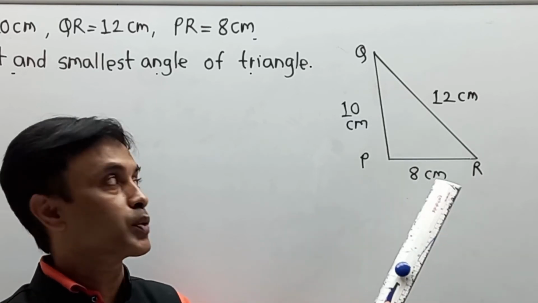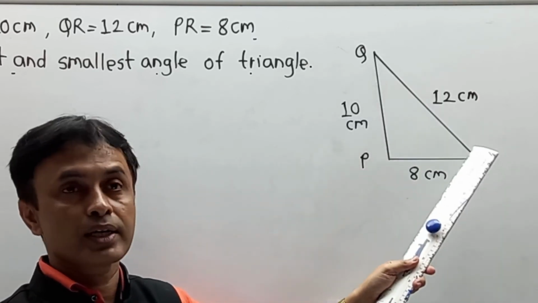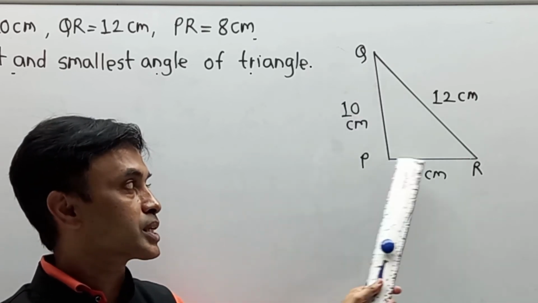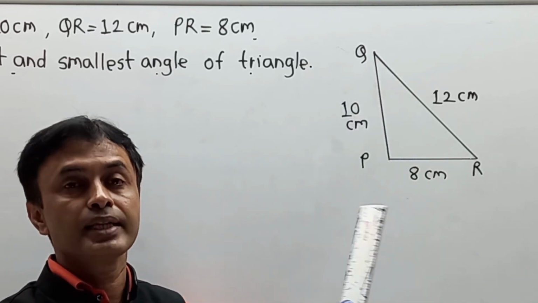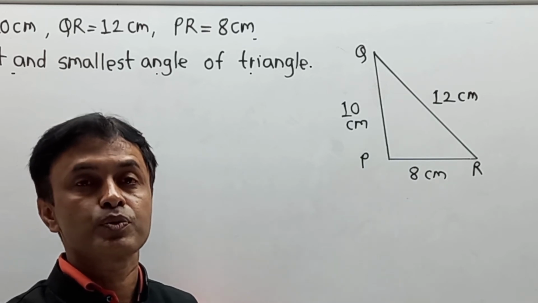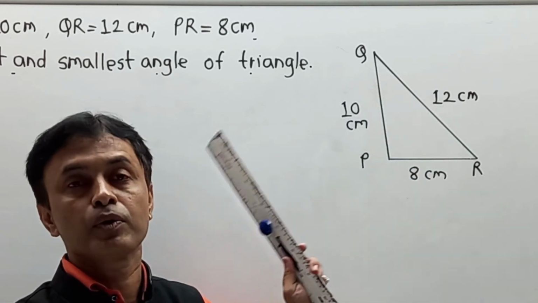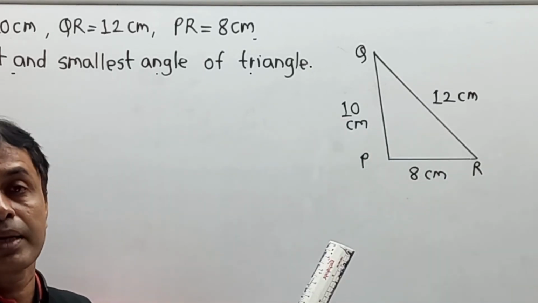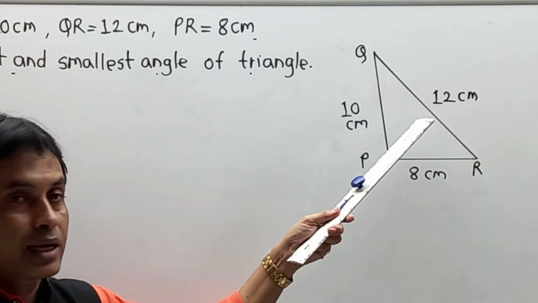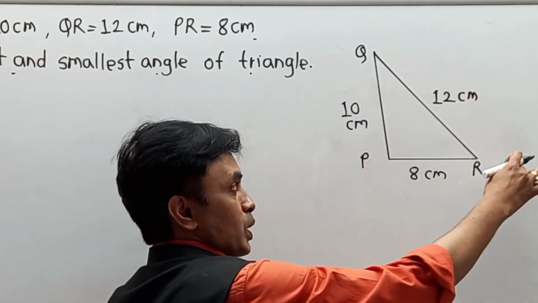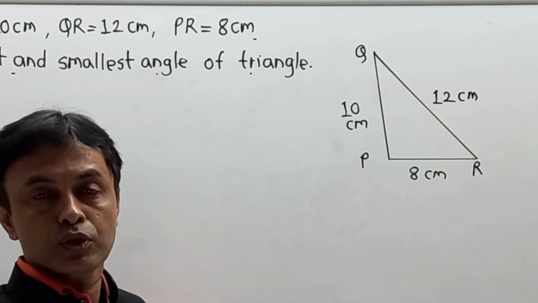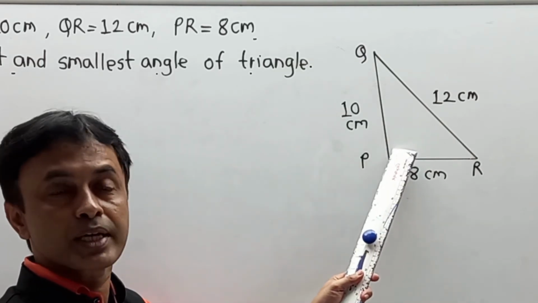And in this way, we are going to write that side QR is greater than side QP or PQ, and side PQ is greater than side PR. And in that case, a greater than type of sequence we are going to create. After that, we are going to write the property in terms of angle. So please pay attention. Now here the part is, if this 12 is greatest, then its opposite angle must be greater.